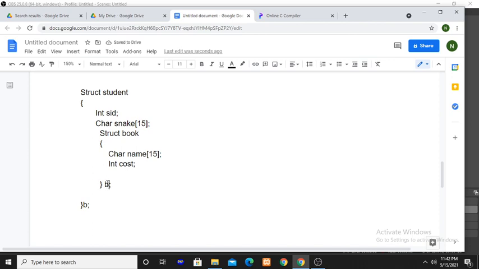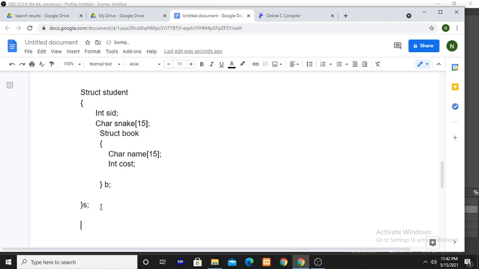B refers to the variable of the book structure. And here it is the student structure, so I am writing the variable s. S refers to the student structure. You can use other variables using the rules of variables.